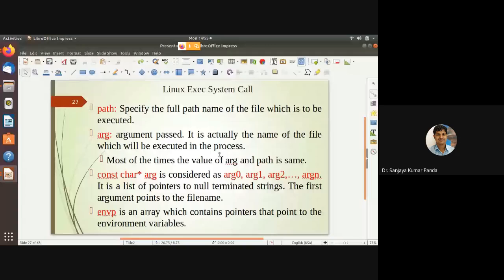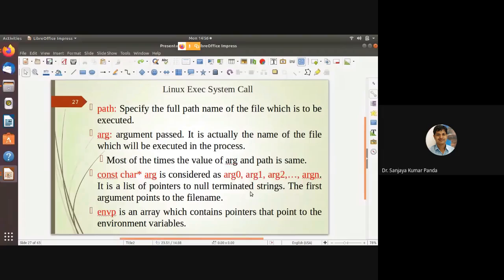For example, I want to send the hello.c file. I will tell you one station. Hello.c file I want to call, right? So I am passing an argument, right? Most of the time the path and argument are the same if they are present in the same directory, right? Whatever directory you are writing your code in, whatever file you are reading, whatever file you are writing, whatever operations you are applying, if every file is available in that directory, then you can go for this one, right?